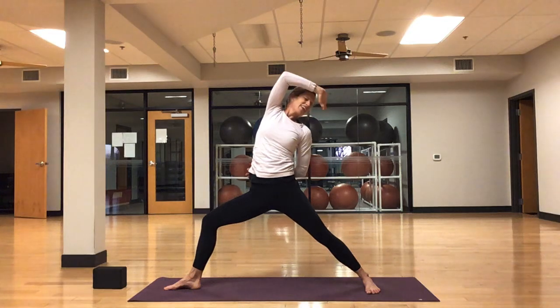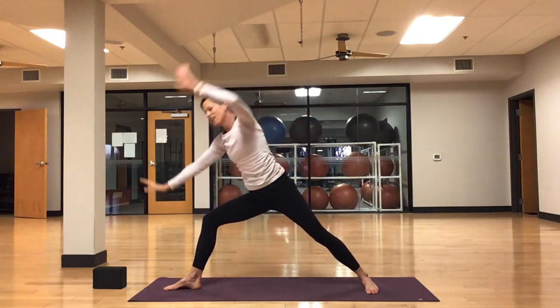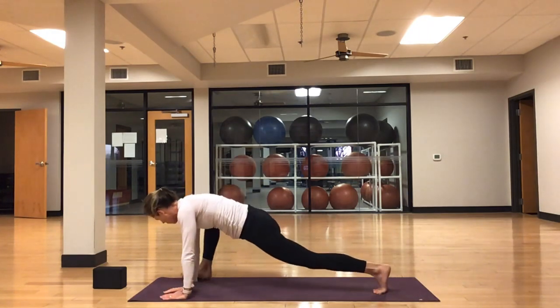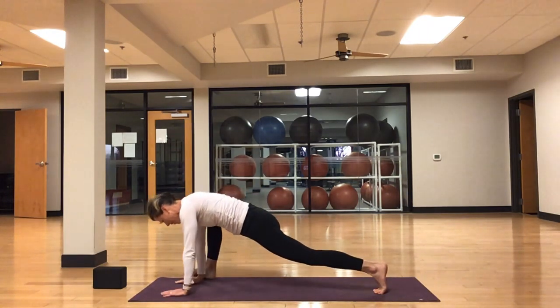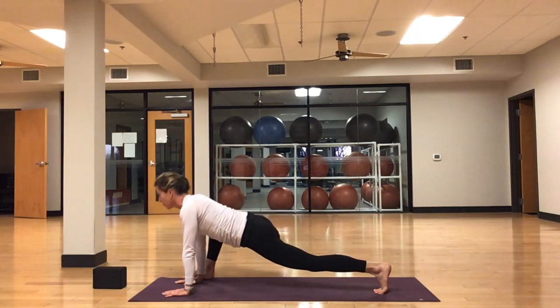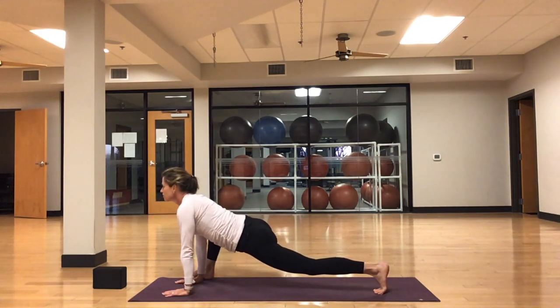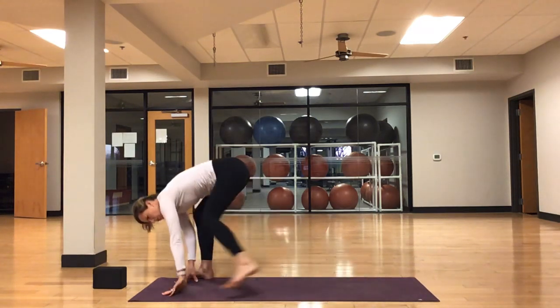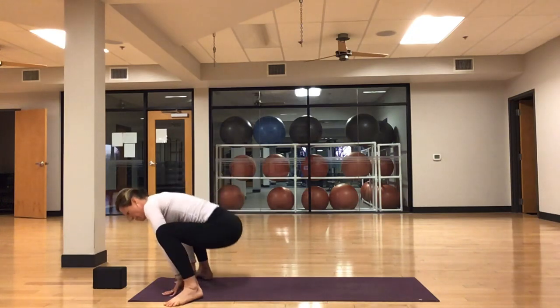Good, inhale. And then exhale, plant your hands inside of your right foot. Heel toe your right foot out nice and wide. Bring your hands just beneath your shoulders. And just like in the beginning of our practice, look forward, inhale. Good. Exhale, look down, bend your back knee, and step your left foot forward and wide, and drop your hips